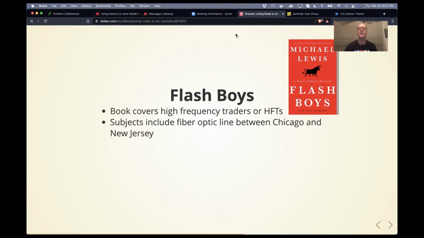And so what wound up happening was, the idea was that they were going to make money basically by giving people whatever it was, like 30 milliseconds or 40 milliseconds, something like that, of a speed advantage. They would be willing to pay whatever he was willing to charge to use this fiber optic line. And so that kind of sparked some people's curiosity. Why are they building this fiber optic line between Chicago and New Jersey?